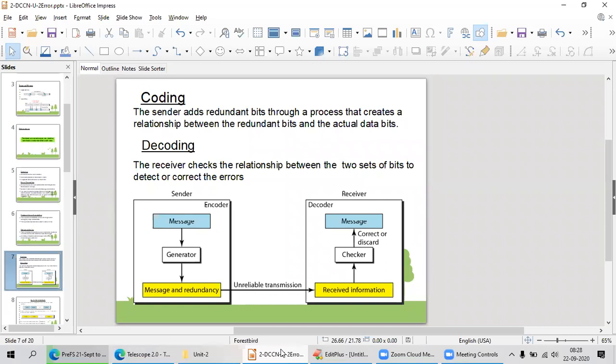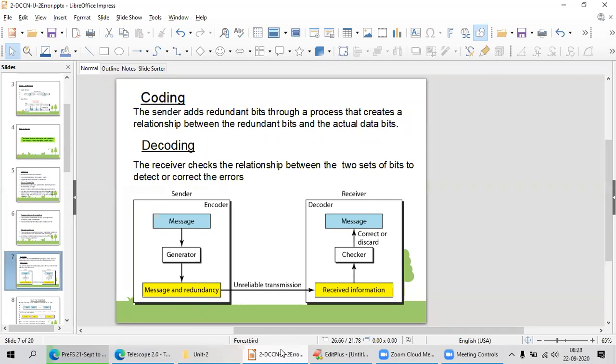If, while removing all the zeros, he finds any issues, he will ask for retransmission. Otherwise, if it is correct, he will directly deliver that message to your application, either Google, Skype or WhatsApp, to the end.